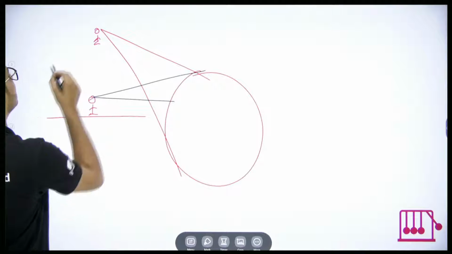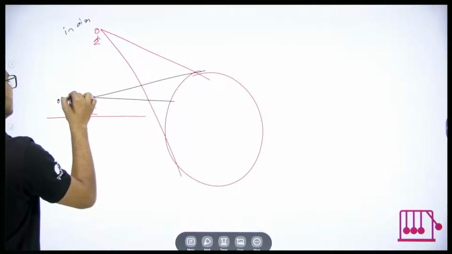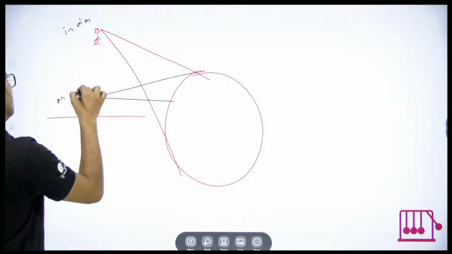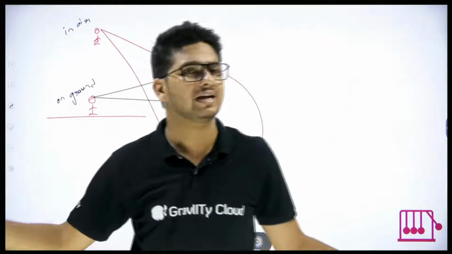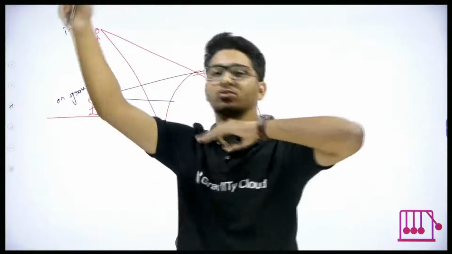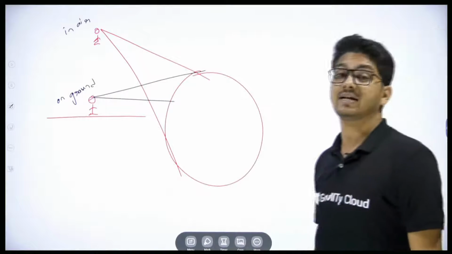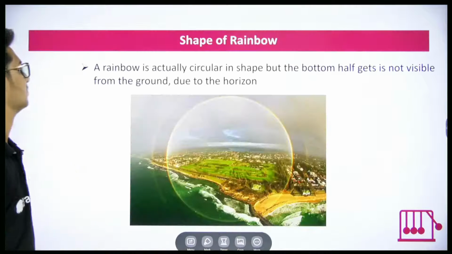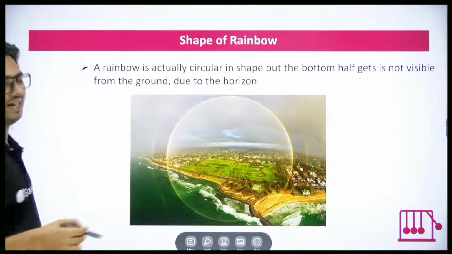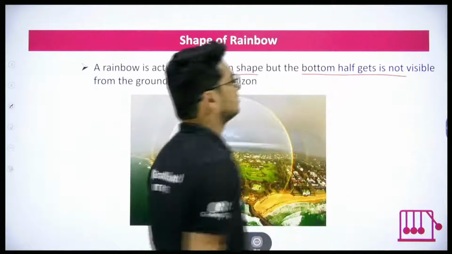So there are two cases. One observer is in air, high up in air. The other person is on ground. So for the person on the ground, the rainbow will appear only as a half ring, whatever he can see above the ground, whereas for a person in air, he can see completely. That's why it is a circle. Got it? Good. So you can see here, a rainbow is actually circular in shape, but the bottom half